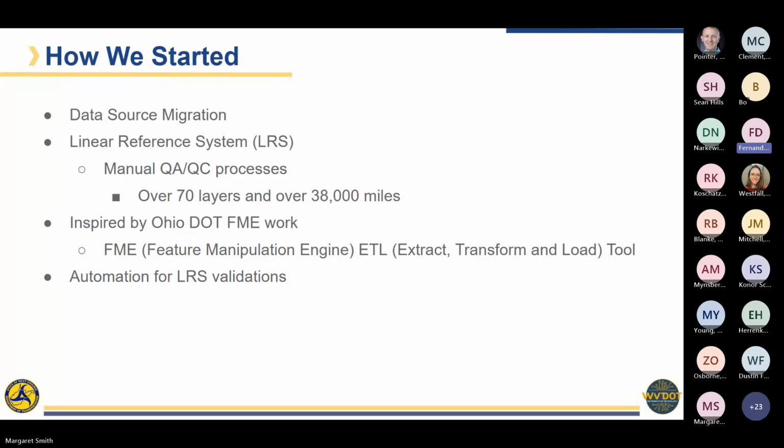So the idea always was that we would eventually migrate the data source to the geospatial database. But due to the turnover of the employees, that process was sped up. So we inherited the HPMS, and we had to make the executive decision to migrate to a new data source. When we faced that challenge,